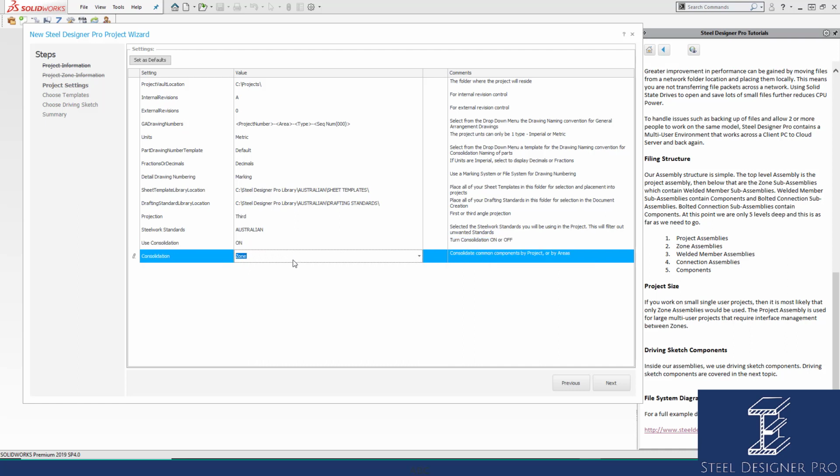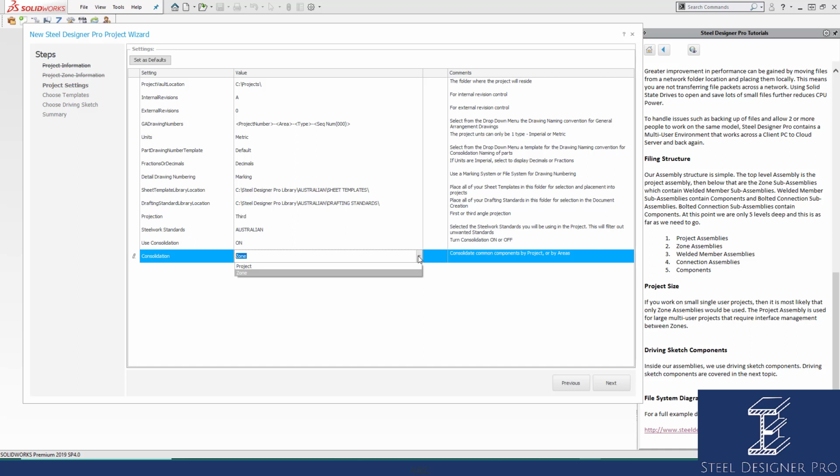The question is, which level are we going to consolidate at? So, for instance, your customer might want you to create a massive project, and in that massive project, you've got multiple zones. And on the job site, you want multiple zones of steelwork to be delivered to site at that location. In that particular case, you would consolidate by zone, and that means that anything that happens to be in one particular zone is all going to be compiled together and delivered to site. Now, if you're just working on a little project and you're a one-on-one guy, zone is by default always the one that you will use, because you won't go up into the project level to do any of that